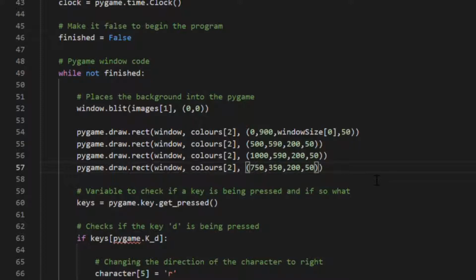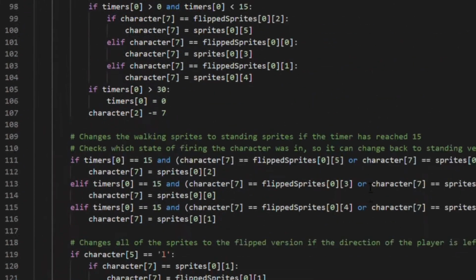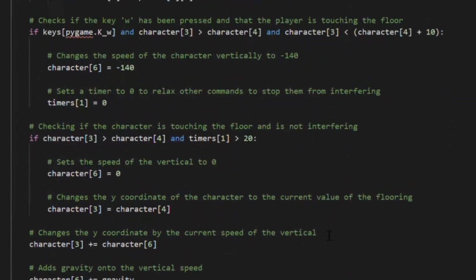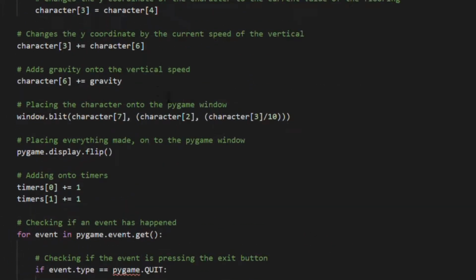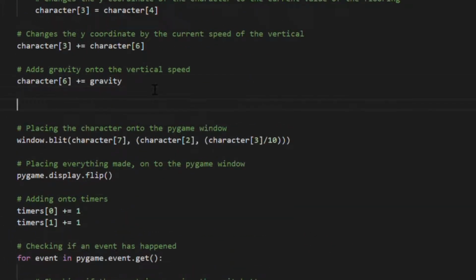Now to make the character jump on them. So first what we need to do is create an if statement to check for the location of the character. So this will be if character 2